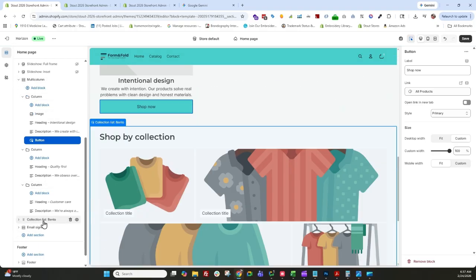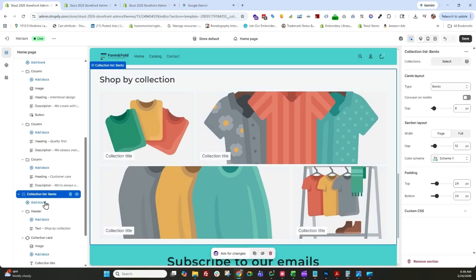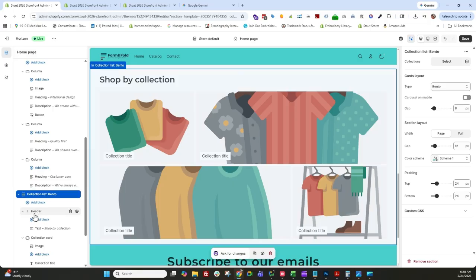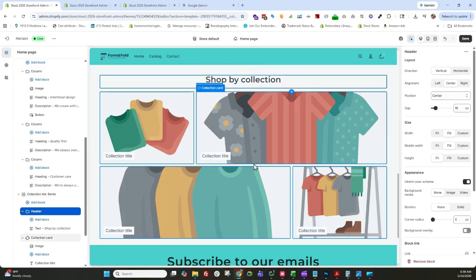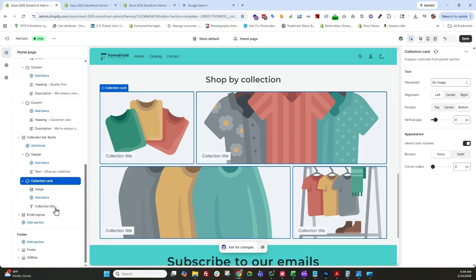Then shop by collection. This one's really nice because you get to set how big and wide, like a different picture. Let's just say because we're printing, like for me, I'm printing different 3D parts. I'm going to see different types of product images or maybe lifestyle images, that little video. I could take a screenshot of that. And so in this shop by collection, I can add in my header. See that? I can position it differently. I position my alignment in the center if I want to be centered or if I want it to stand out. And then in my collections here,